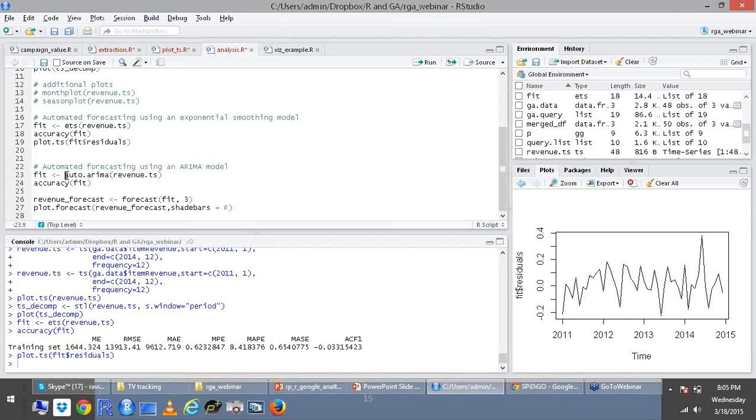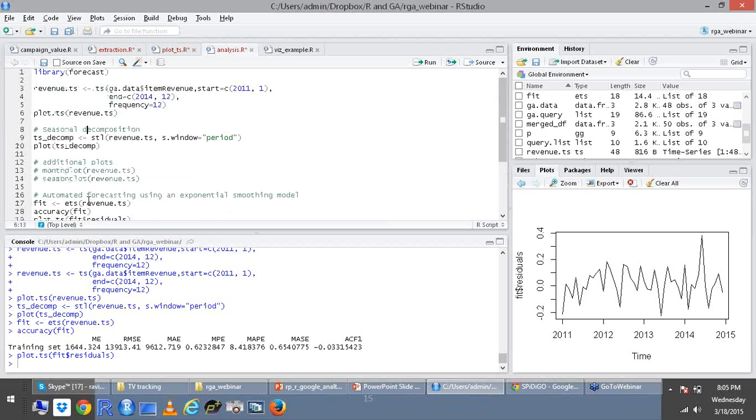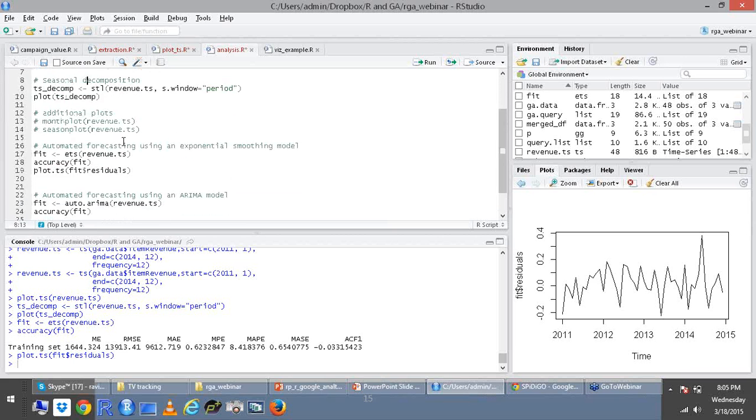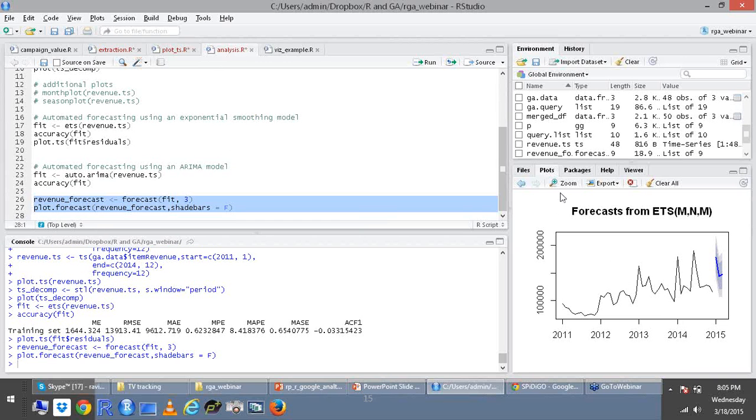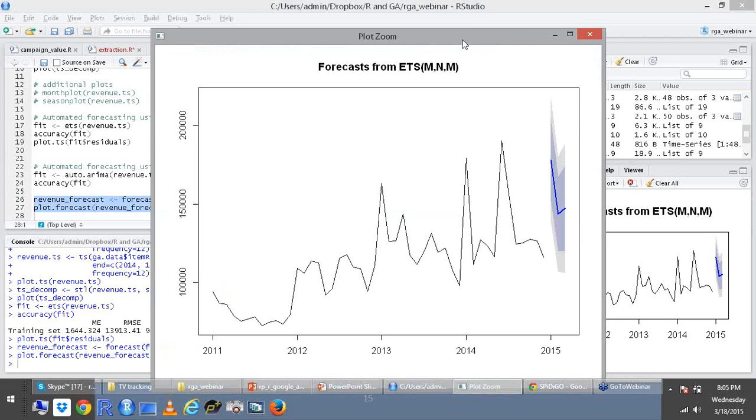So when you build the forecasting, you should also build this to understand how much residual error exists as well. And when you carry out the revenue forecast and plot that forecast, there you go.